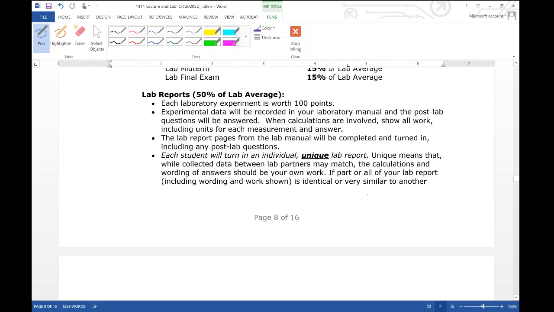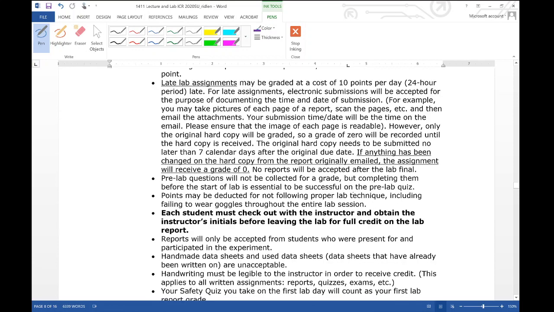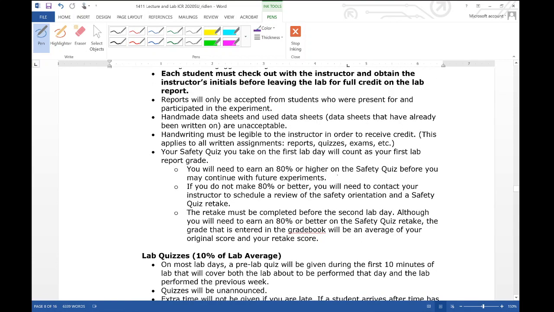Obviously all the lab stuff will be done through LabFlow, and most of the lecture stuff we'll do through Blackboard. So do make sure you pay close attention to the actual due dates on LabFlow. It may have changed since I wrote this, so just bear in mind that you need to double check. Most of the time I'm giving you more time than I would in a normal class, so just keep that in mind.